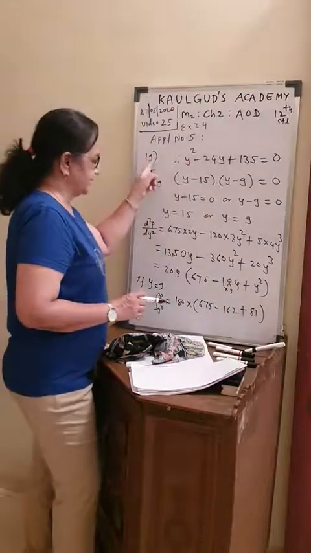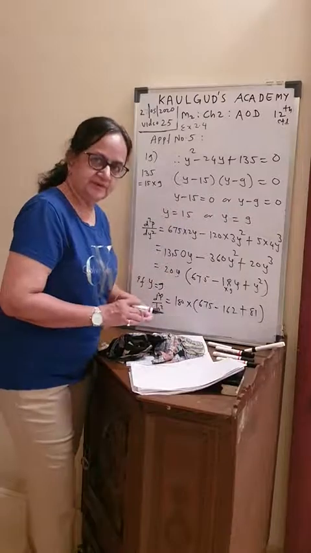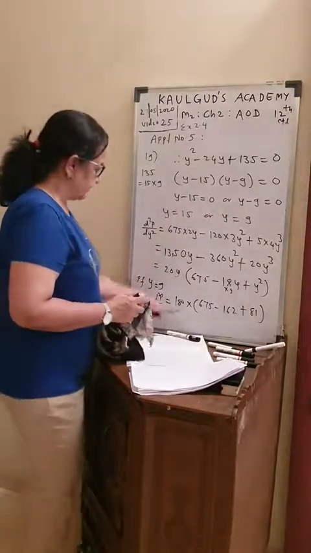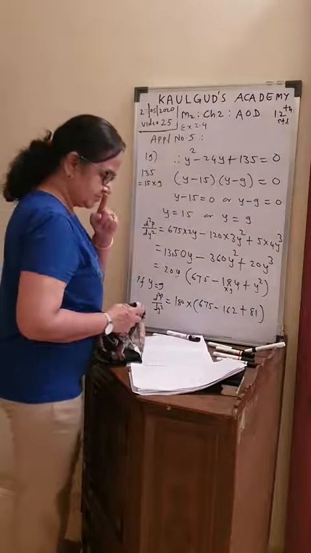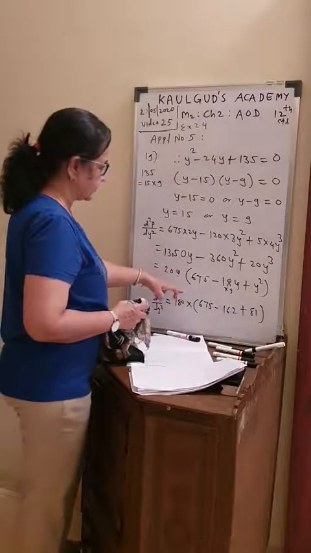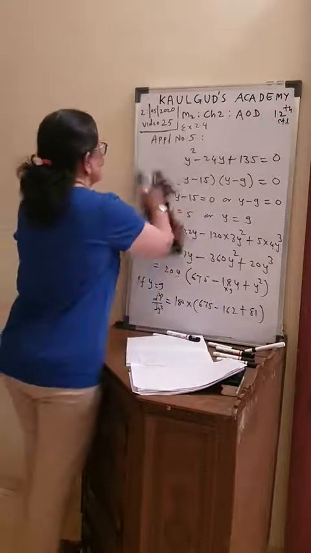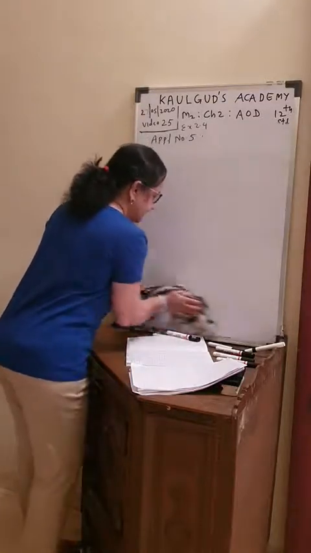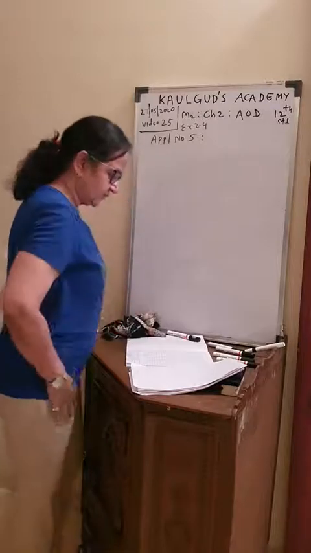So this 19th problem you can try to do because you have known the method. You can just try to correct it. Otherwise, some other time I will solve it once again. But here also I am getting it positive, so it should come out as a minima condition. I'll have to check the calculation. So 19th problem, I am keeping it pending. I will cover it later in some other video. Meanwhile, you can check your calculations.